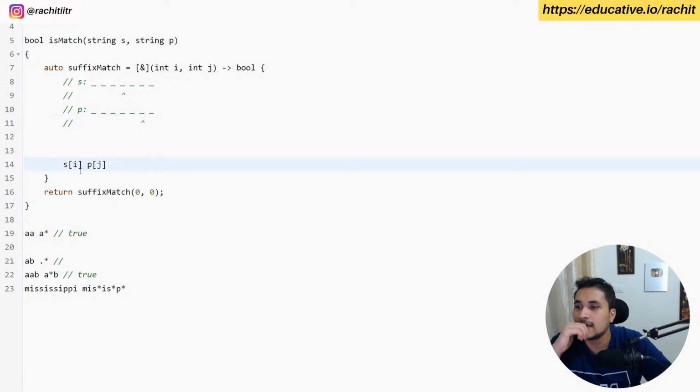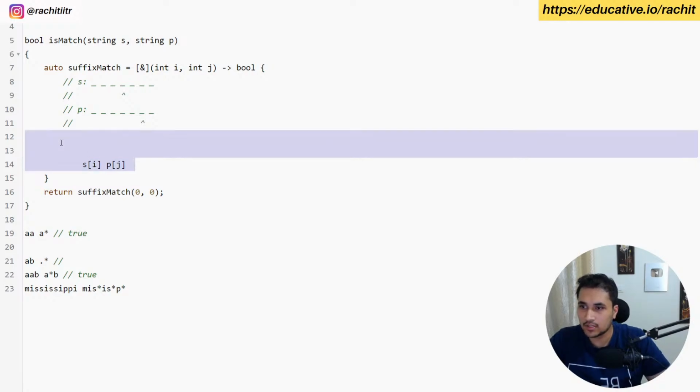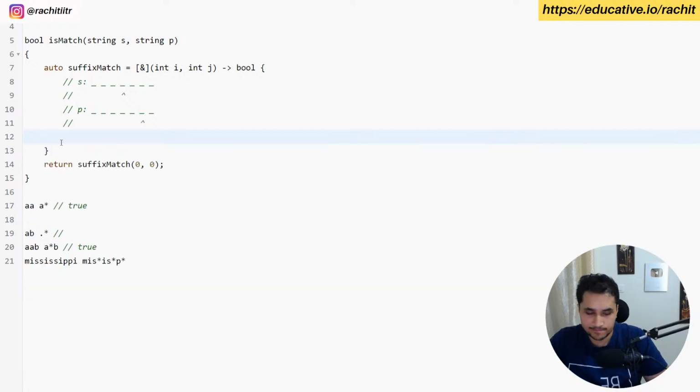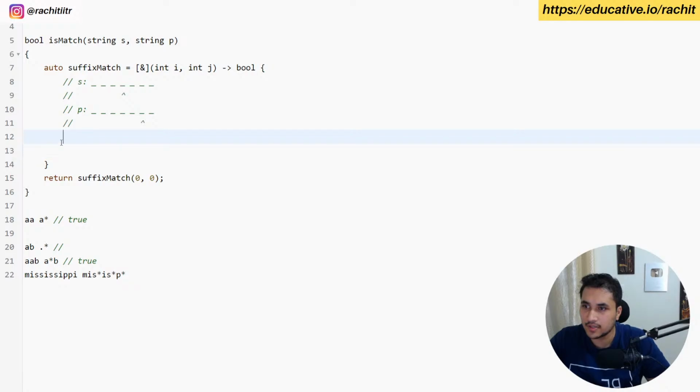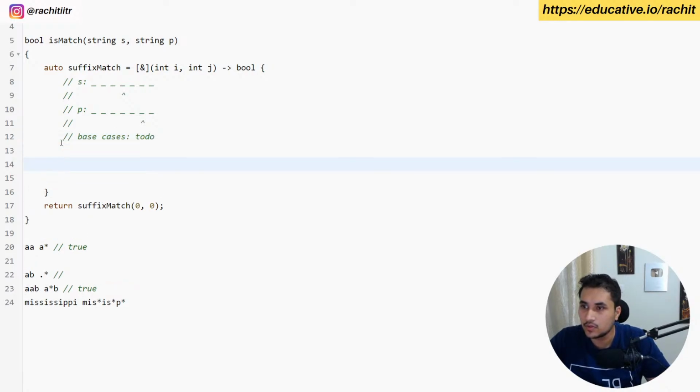So how do I make the comparisons and make progress? Okay, so let's start with something basic. Let's handle the base cases a bit later. That's in to-do. Now, what is the main crux? I would say that if S of I is P of J,